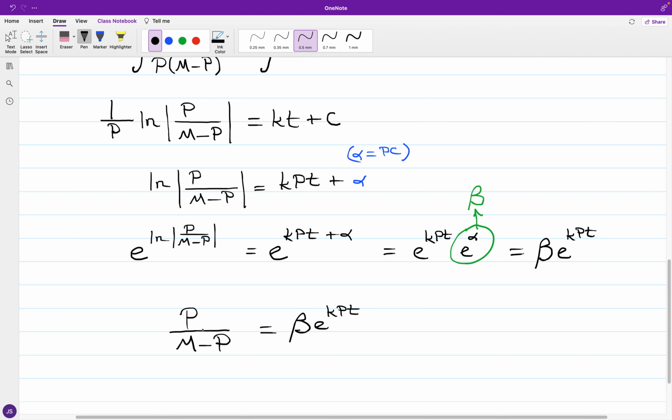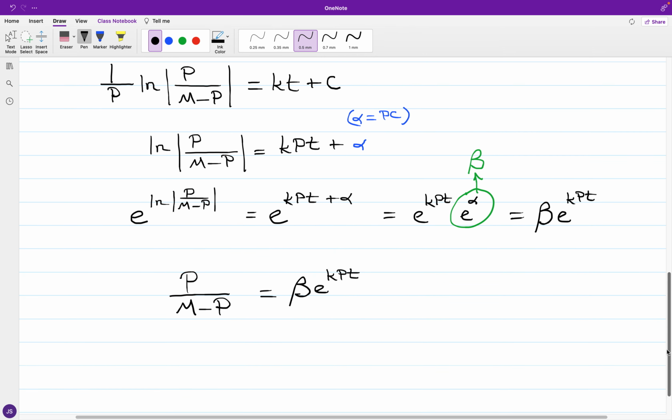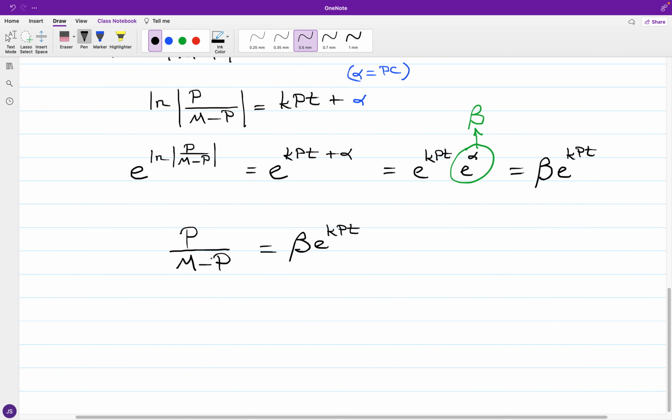And so this is what we're going to have in terms of the ratio. And now if I multiply both sides by the quantity M minus P,